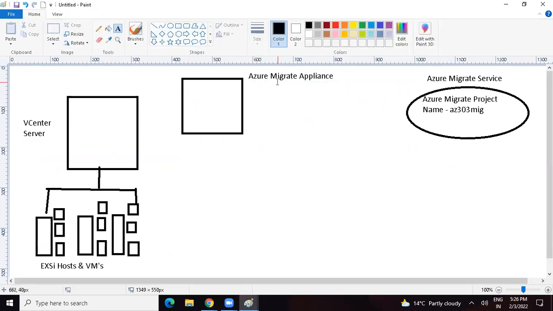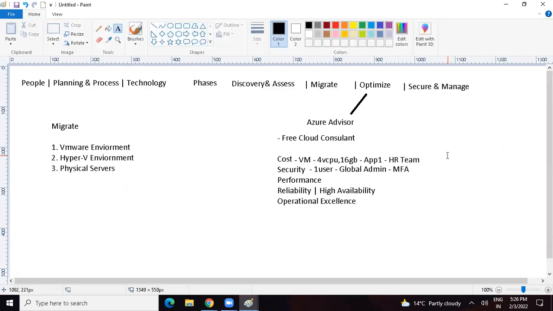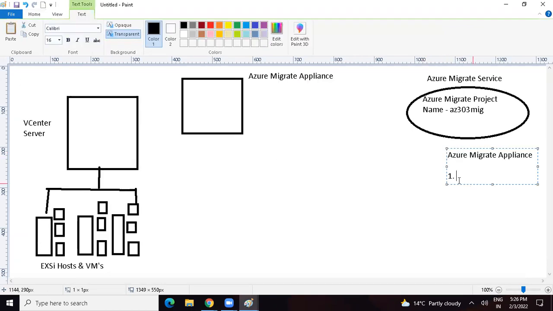Where will I be creating this appliance? I will be creating this appliance on-premise, in my VMware vCenter server, right? Question is how to create this appliance. If you want to create the Azure Migrate appliance, there are two methods of creating it. The first method of doing this is you can download the